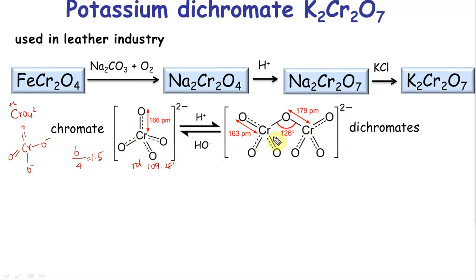So in dichromate, just like the previous slide for manganese, you have a Cr-O-Cr bond. Just 2 of them are joining. Now if you see this and this, you have to lose the oxygen. It combines with the hydrogen and becomes water. When you go from here to here, I need an oxygen, so I use OH minus. Here I have 2 different bonds because one is a single bond, one is 1.5 bond order. They are different, so this is a shorter bond than this one. No need to worry about bond angles, just know that this is close to tetrahedral.